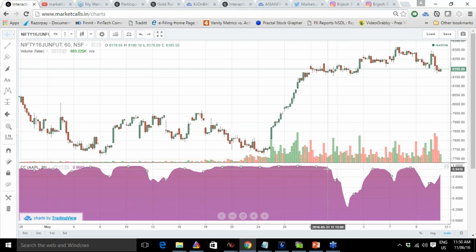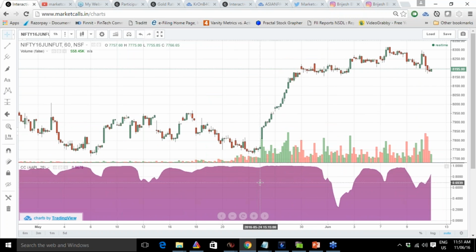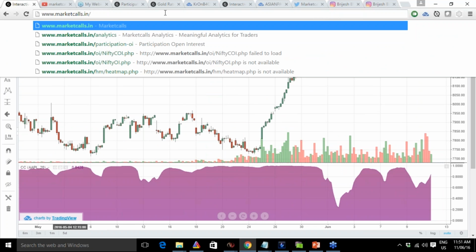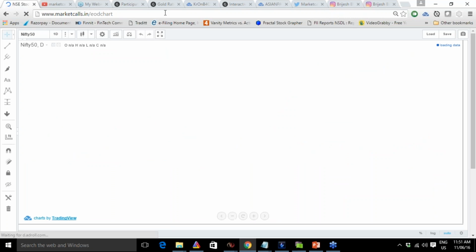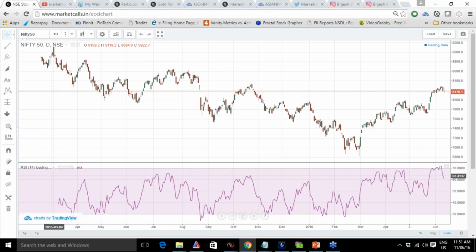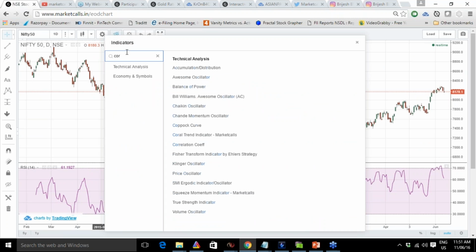Similarly, you can try to find correlation between two stocks like Infosys and TCS. Some of the pair traders used to do that. You can find a correlation from a trader's perspective. Let's say I want to monitor the correlation between Nifty and PE charts. Let me try to go to EOD chart and plot the correlation between Nifty and PE ratio. Is there any correlation? If you want to do some studies, some behavioral based studies, you can do that. So correlation,